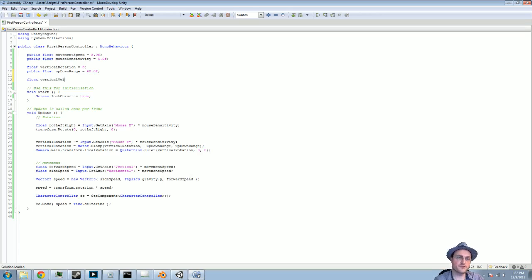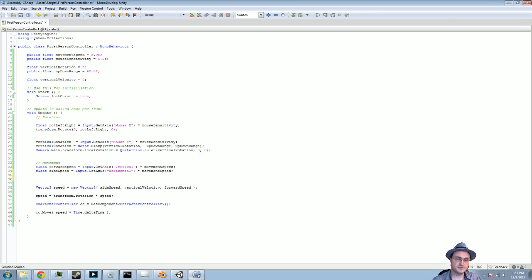Because really, the vertical velocity is the only thing that's kind of remotely physics-based in here. Our forward, back, and left, right motion is completely unphysics-oriented, so we can reset it every frame exactly. But the vertical velocity is going to work a little bit differently. So over here, we're not going to feed the gravity right in here because you know it's wrong. We're going to feed our vertical velocity. But our vertical velocity is going to be